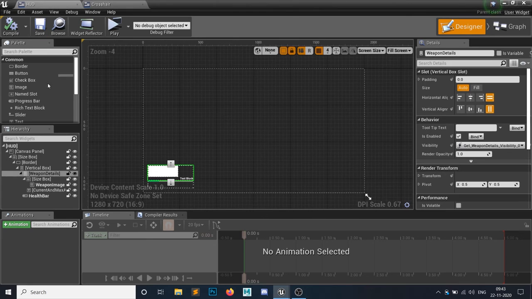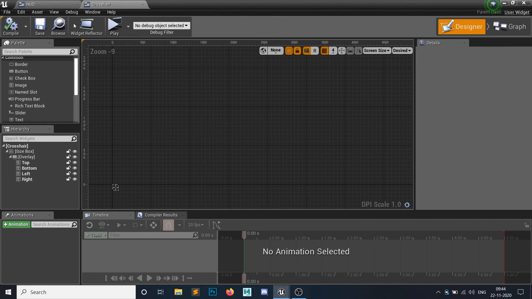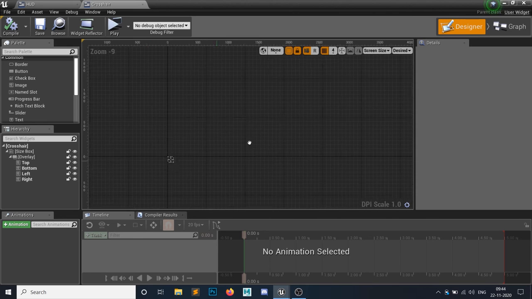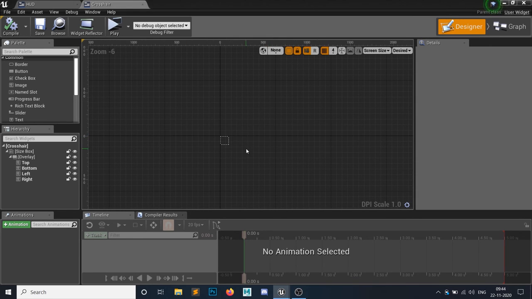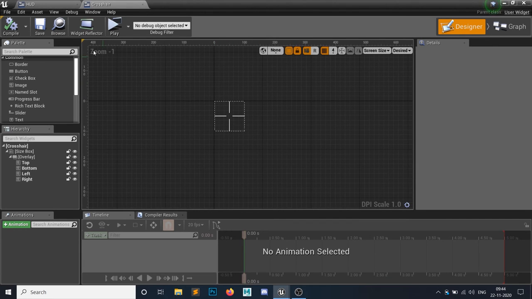Let's see how this looks. So if you go through your HUD, this one, and in the common, I can't do this. Is it because my UE4 is frozen? Alright. Yes, this is my crosshair.